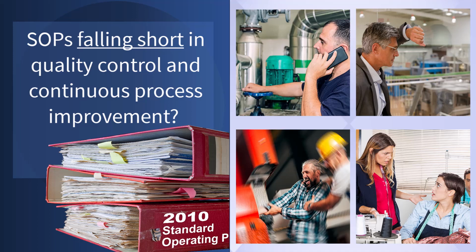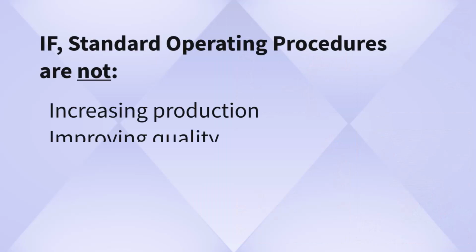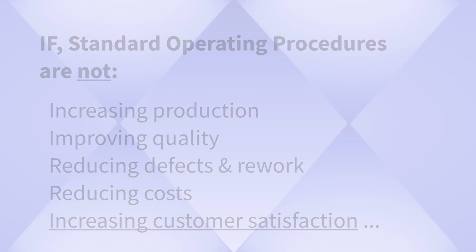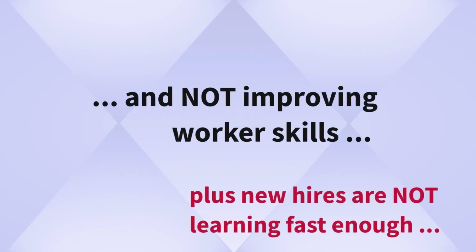Are your current standard operating procedures falling short in quality control and continuous improvement? If standard operating procedures are not increasing production, improving quality, reducing defects and rework, reducing costs and waste, and increasing customer satisfaction, and if they're not improving workers' skills and knowledge, plus if new hires are not learning fast enough,